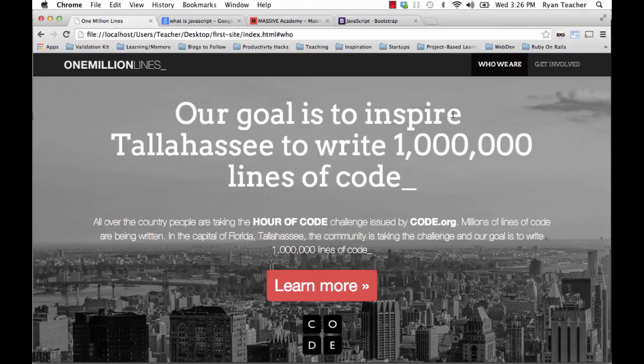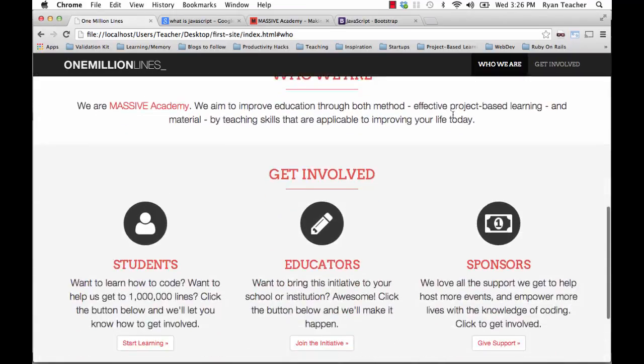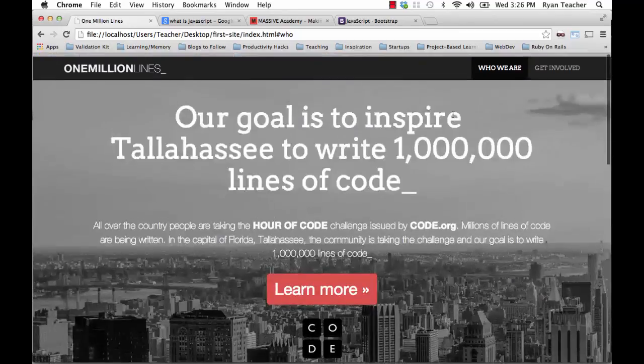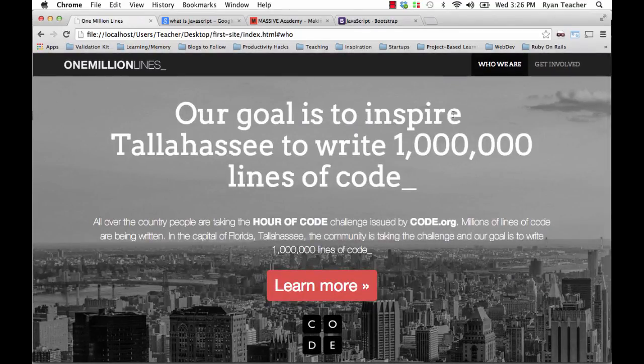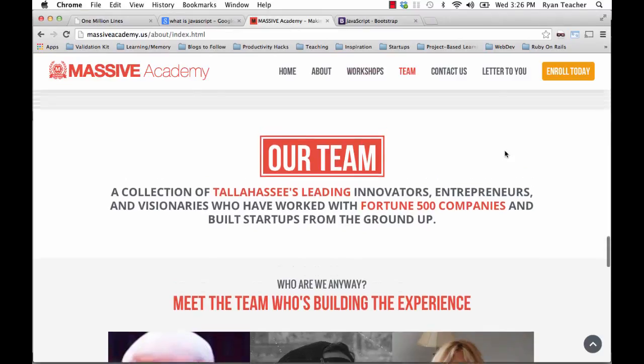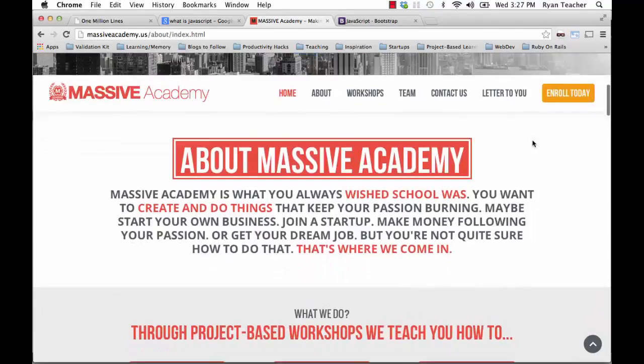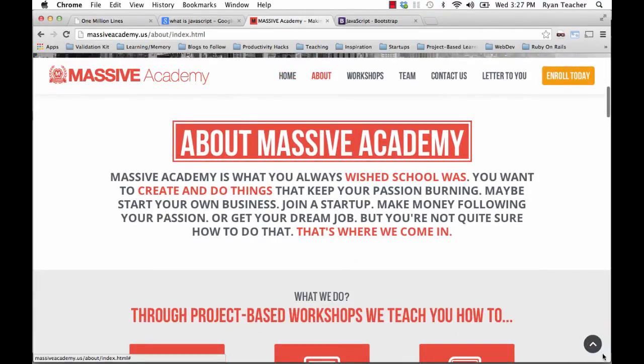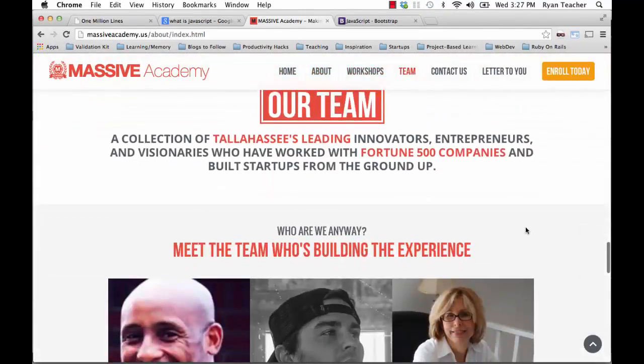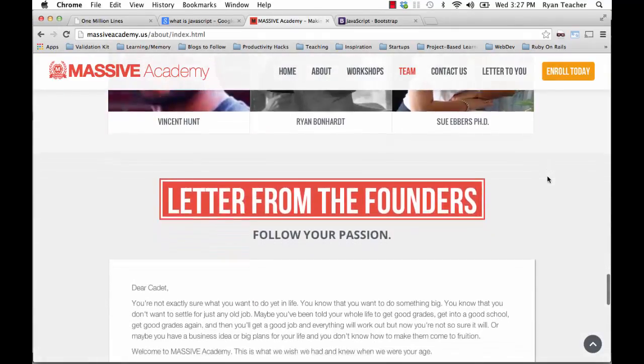Okay, so the site's coming along, looking great. And while we're on this roll of adding some bells and whistles and functionality to it, I want to show you something that goes along right with the smooth scroll and the scroll spy. So if you notice on this Massive Academy site here, we see this arrow right here. And if you have a really long tower site like this one,